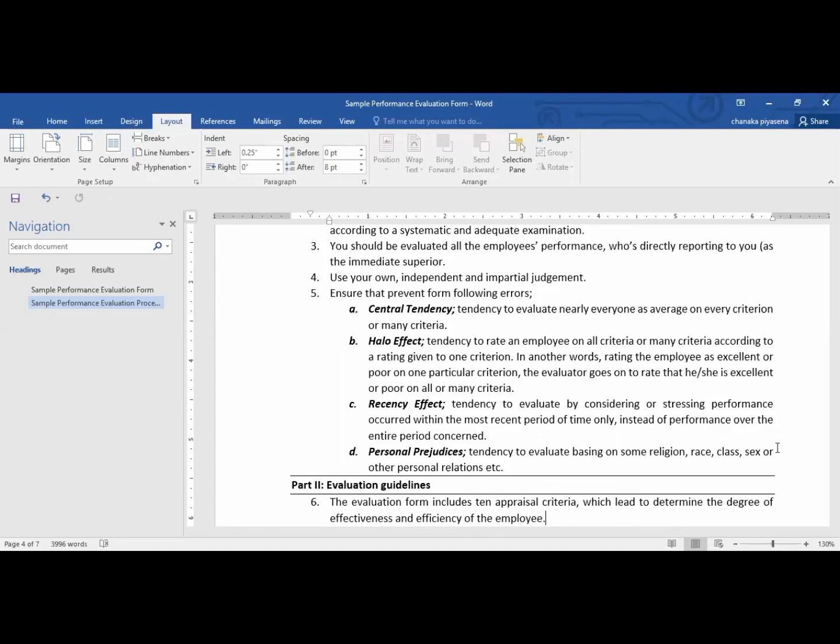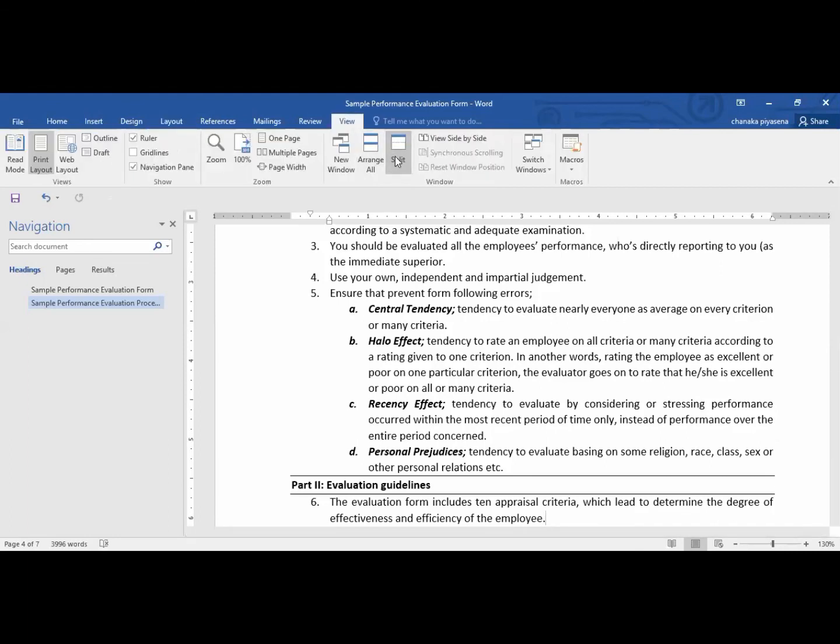Central tendency is the tendency to evaluate nearly everyone as average on every criterion or many criteria. Central tendency means we assign a 5-scale rating in